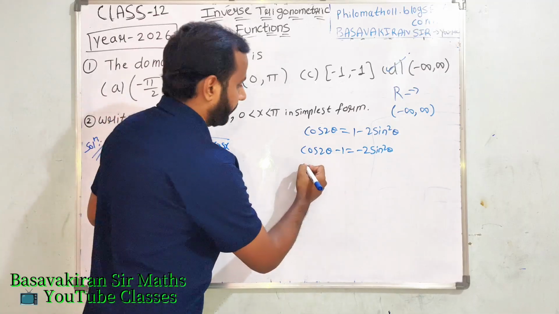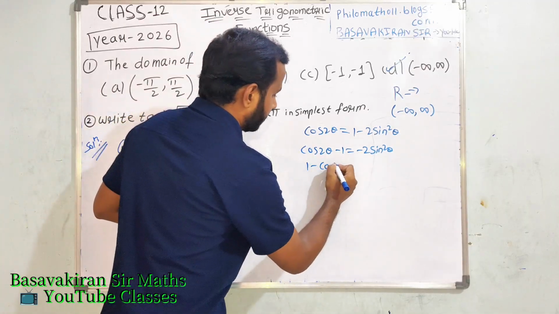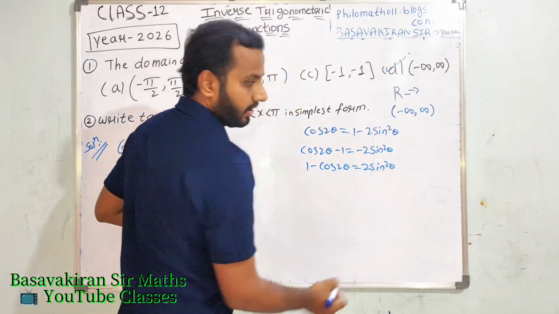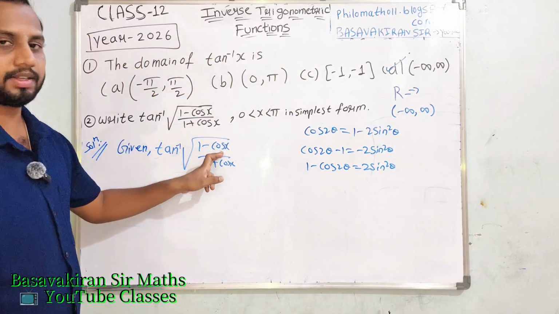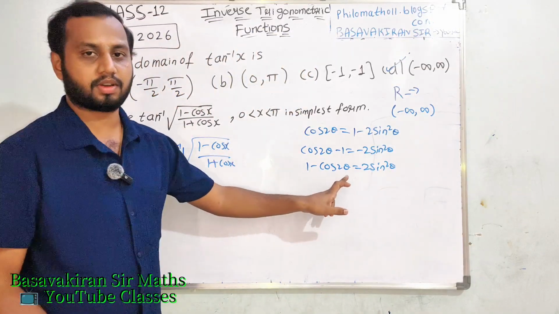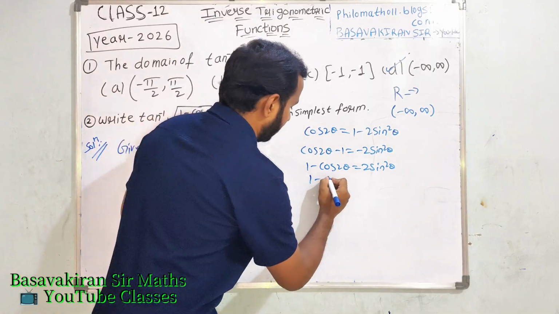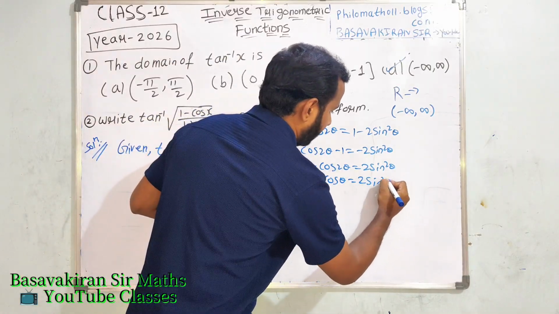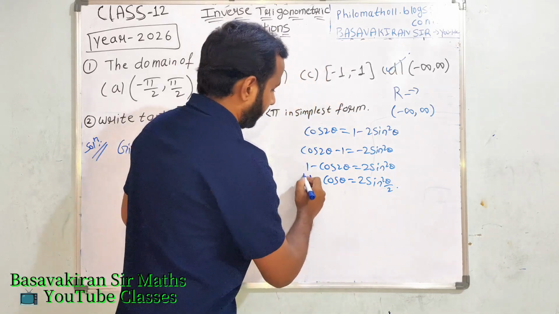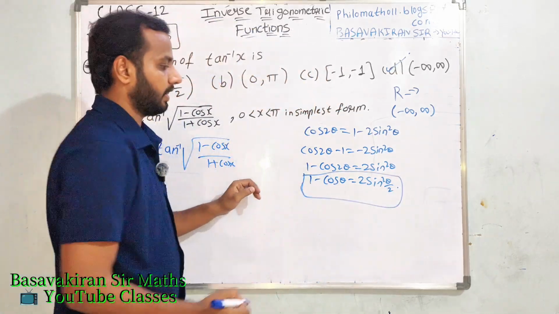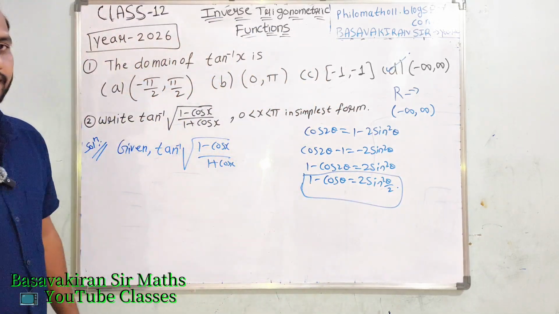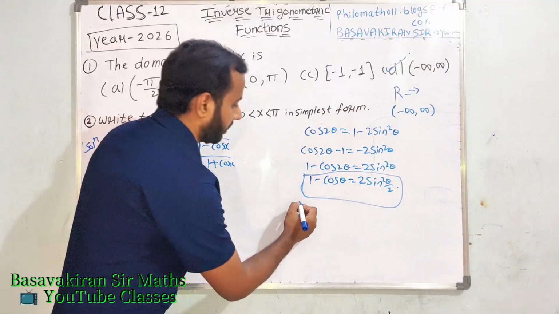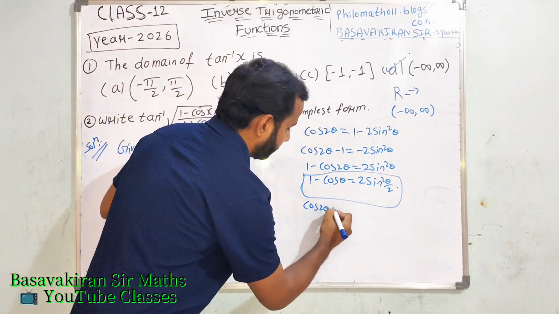Again, 1 minus cos 2 theta equals 2 sin square theta, but I need only 1 minus cos x, that is 1 minus cos theta. 1 minus cos theta equals 2 sin square theta by 2. Whenever I get 1 minus cos theta, I will go with 2 sin square theta by 2. Now for 1 plus cos theta, again we have cos 2 theta equals,